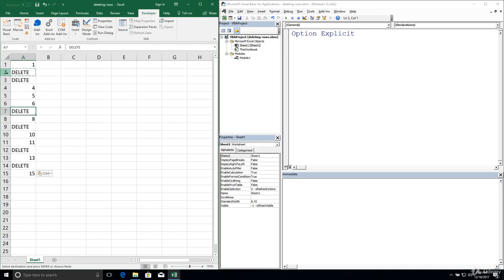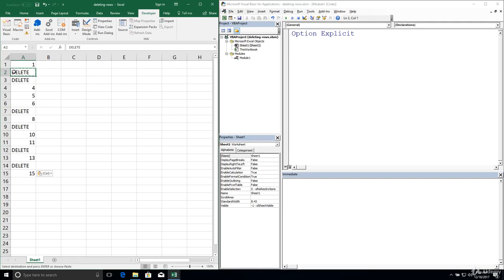Let's say we get onto row number 2. We're using a variable of I equals 2. Let's say we reference cells. That's going to give us row 2, column 1. So we'll do something like cells(I, 1). That's going to reference this one. We're going to be able to select that row and delete it no problem.